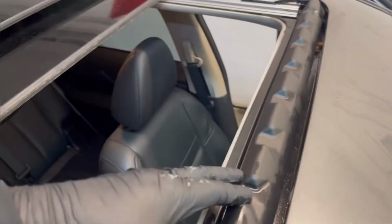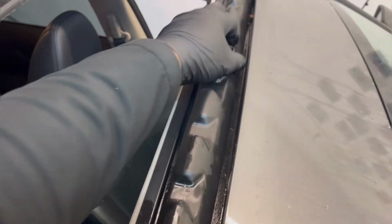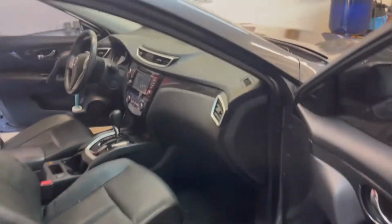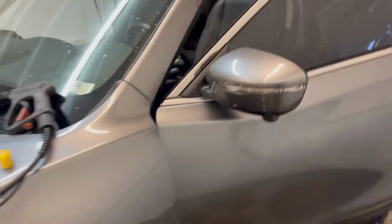And I did some research. Sometimes you get these crazy things where the customer says the dealership told me to do this, so it's like, okay, let's really figure this out. So I did some searching online, and crazy enough, I don't know if it's just the Nissan Rogues